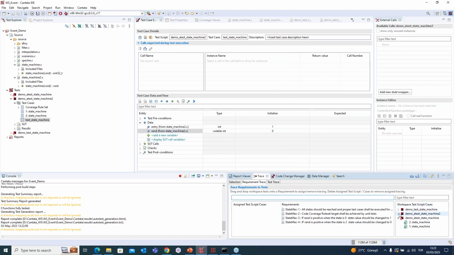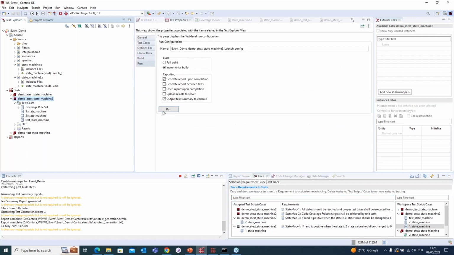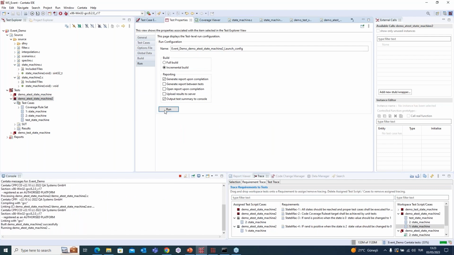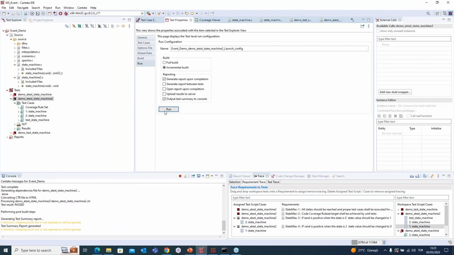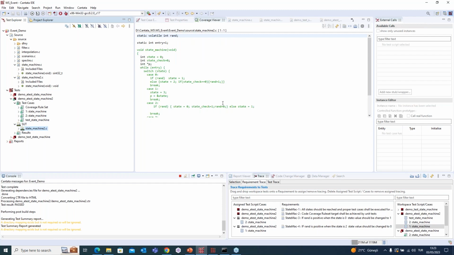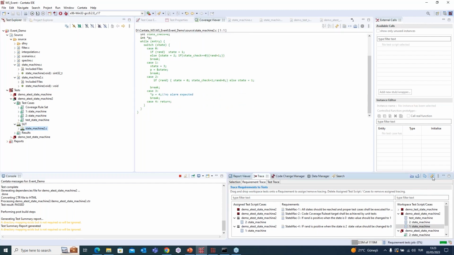Now you see my second test script in here. So the success of the test script is placed on the first requirement. And then, of course, as it is the code coverage rule set, I am assigning this one to requirement 2. And then, as I did before, these ones for the other requirements. Now let's run our test script. And as you can see, right now, Cantata says that it's okay, you reached all the parts of the code. And if I refresh my server, you see my requirement trace says all the requirements are fulfilled.